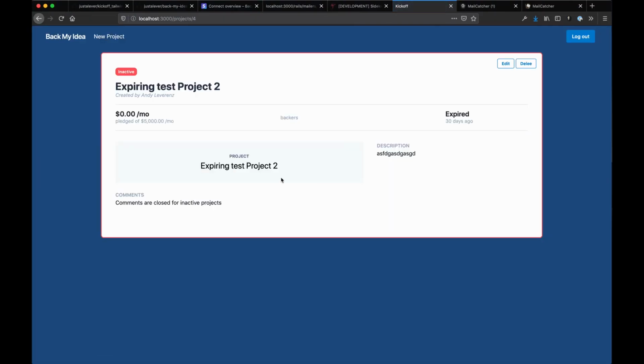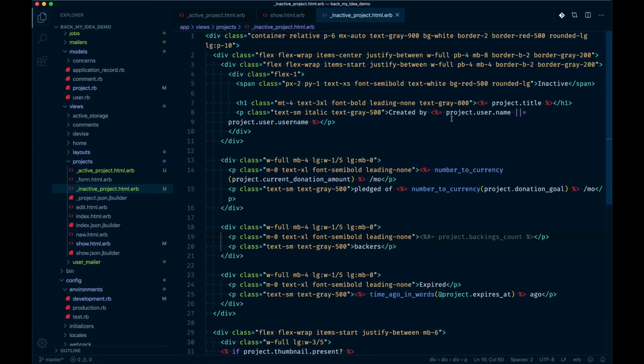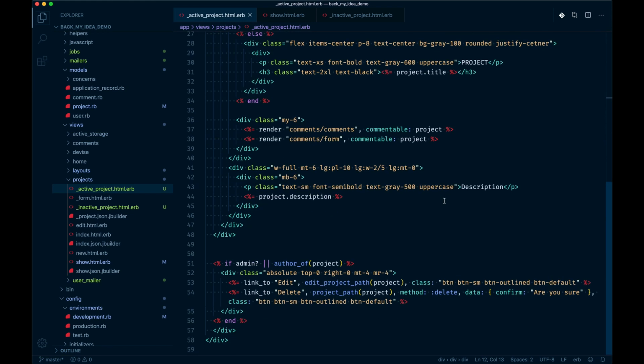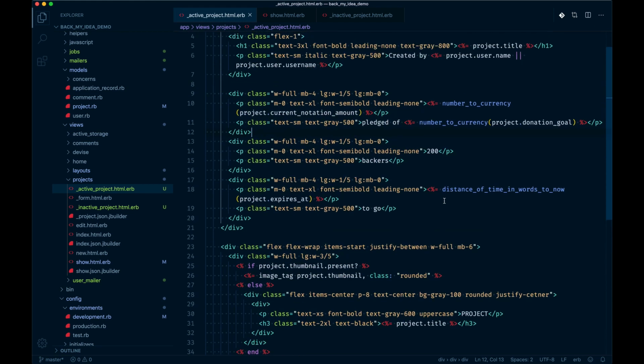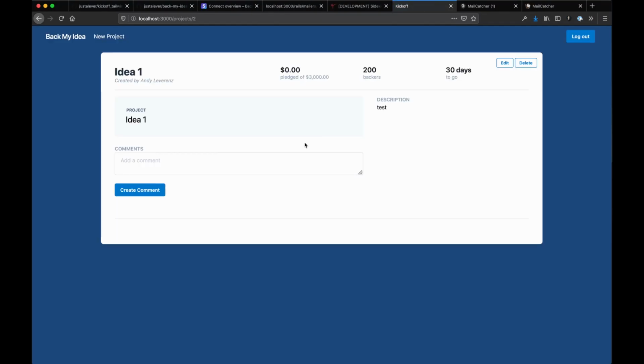So that's what an inactive project looks like. This is the one we expired immediately, which is great. So pretty cool stuff. Comments are closed for this. There's still all that stuff going on, but this one's expired. This one's active, but we spelled stuff wrong. So let me change that. Current donation amount. There we go. Active,